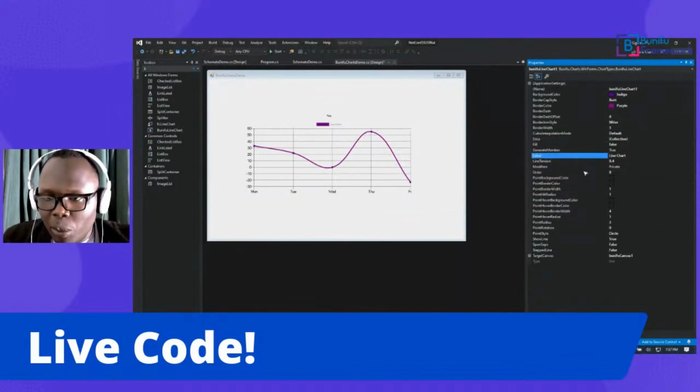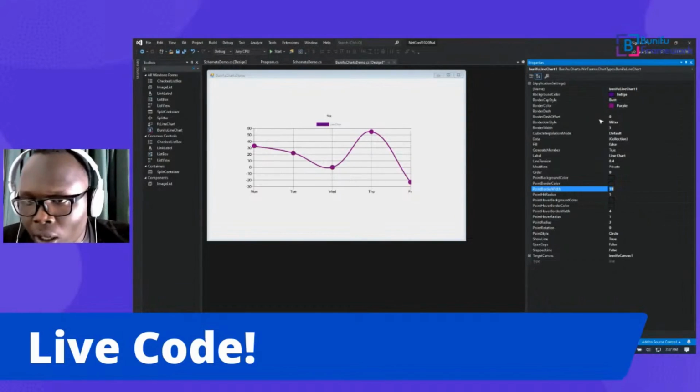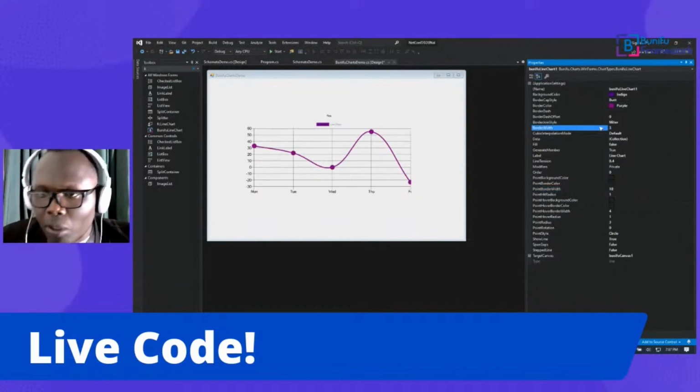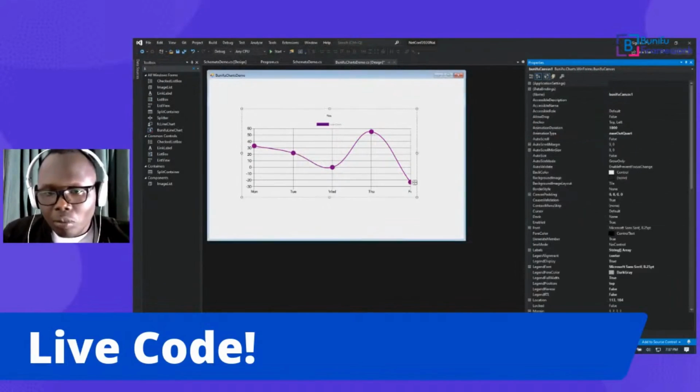You have all these cool properties there, where maybe I can change the width, or I can change it to 10. You'll see it's changing, that's a radius. I can change the border itself to be 10. You'll see how it's changing. So this is really awesome. Yeah, so the next feature I'm going to showcase is